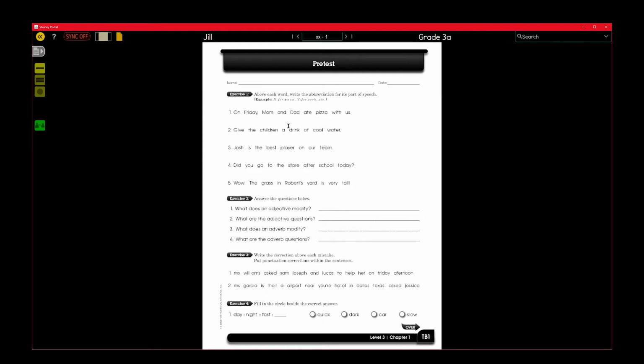Now let's try exercise 1. Here it says, above each word, write the abbreviations for its parts of speech. So let's try typing in the parts of speech above each word. Let's just do a few. To do this, simply click where you'd like to type, then start typing. Whenever you're done, you can click the X in the corner, or you can click a new space in which